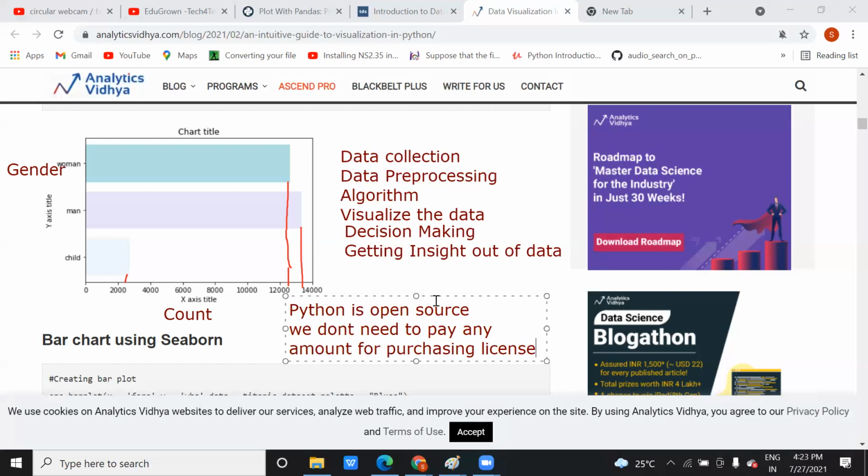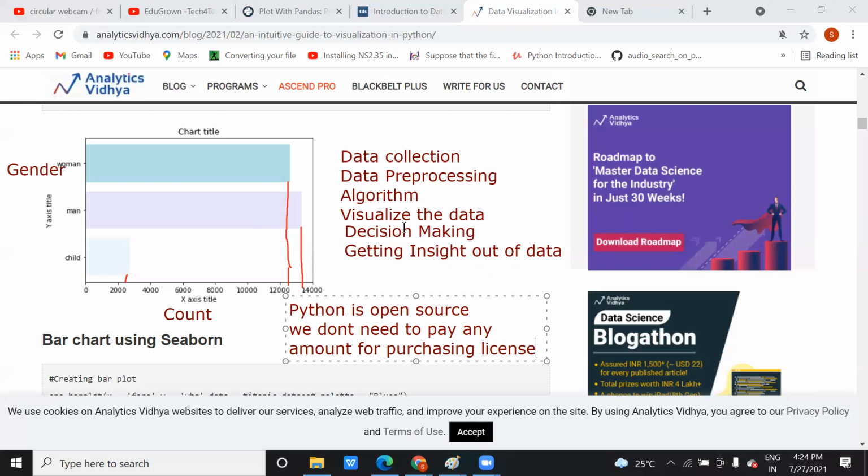So that's the reason in purchasing a license, you need to pay a large amount, because when we work on a commercial basis, obviously the pricing will be more as compared to personal use. So that is the reason people prefer to use Python instead of a tool to draw this graph. This is one most important reason. If anyone asks you, you should also say the same. And this is the correct reason, because it is open source.